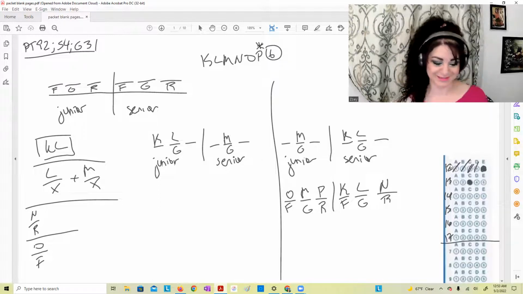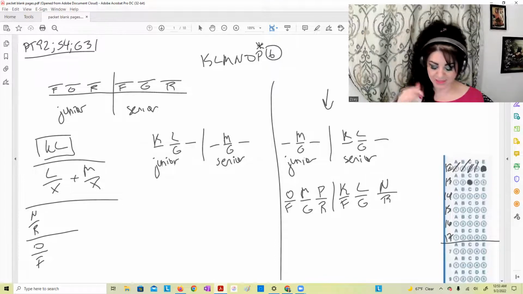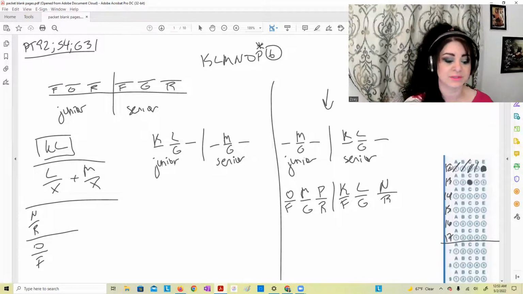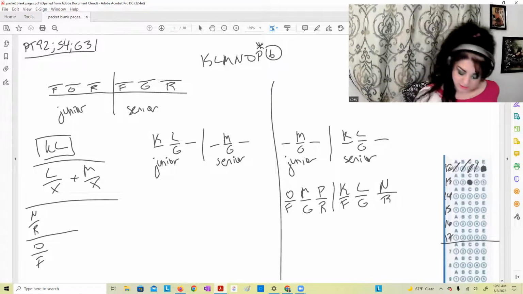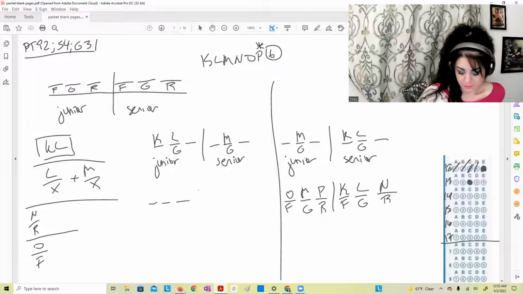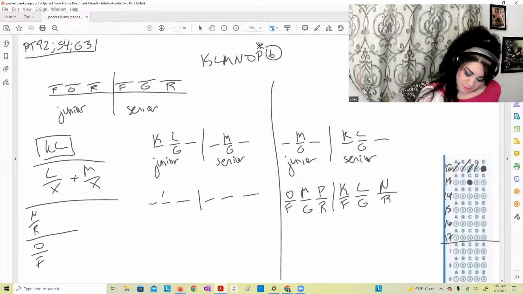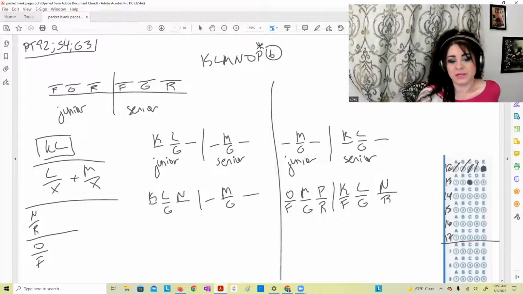Okay, let's look at number 14. This gives us a local condition too. If L and N are at junior high school, well, that wouldn't happen on my right side because L is at senior. So we're going to have to deal with the left side. So I'm going to write in everything I already know. So if L and N were at junior,